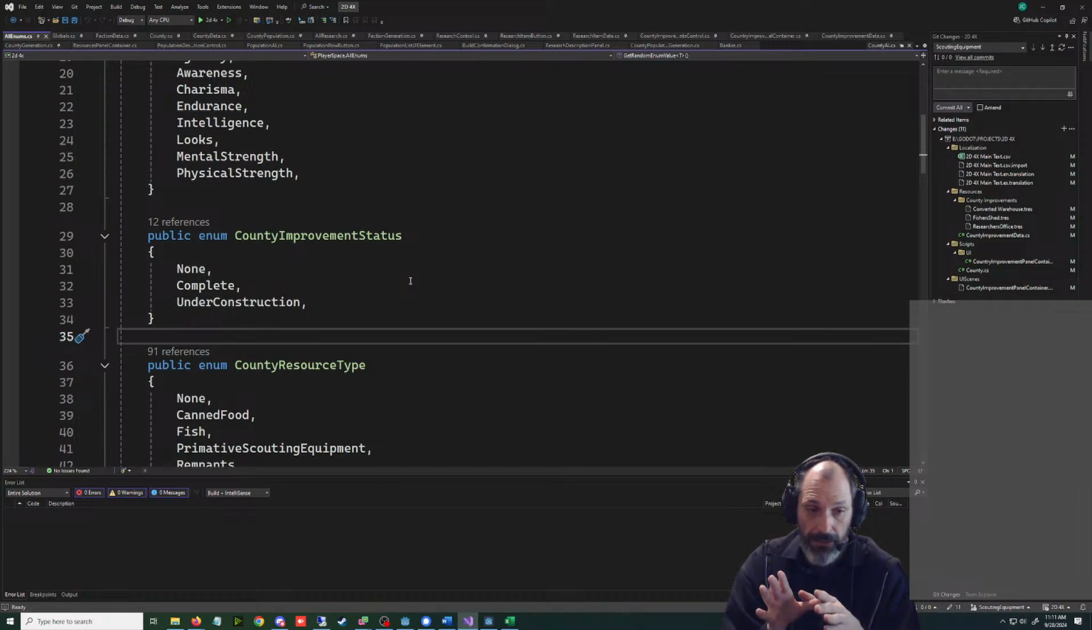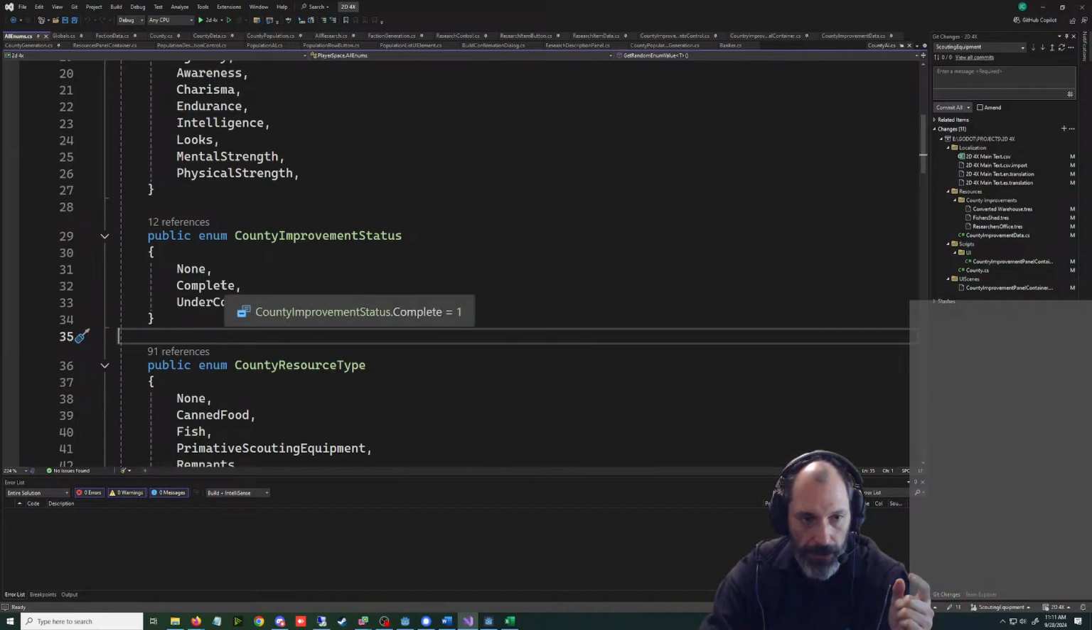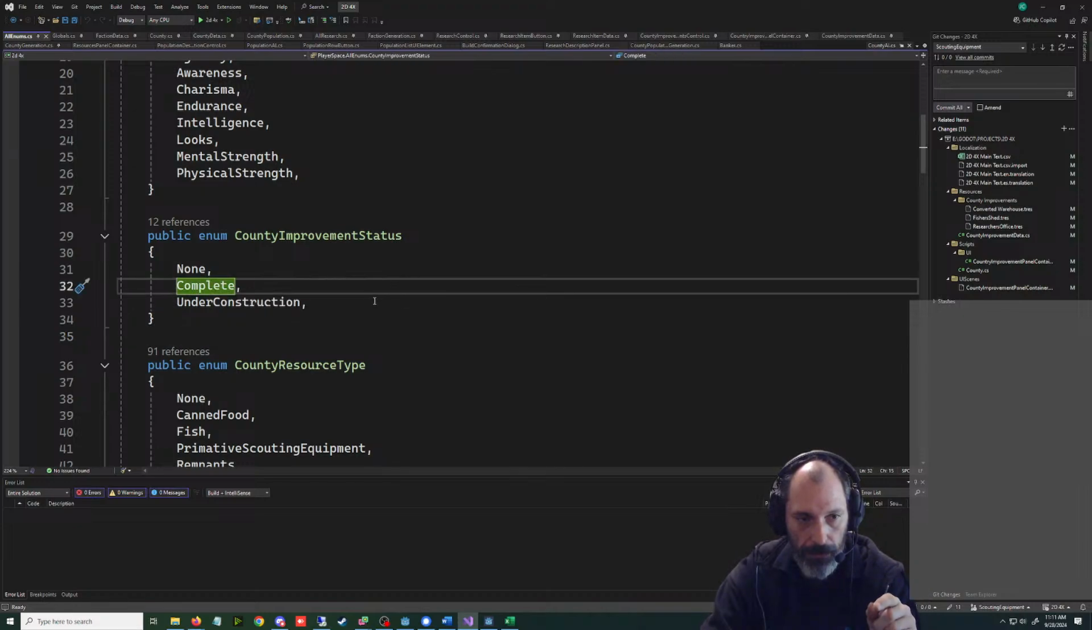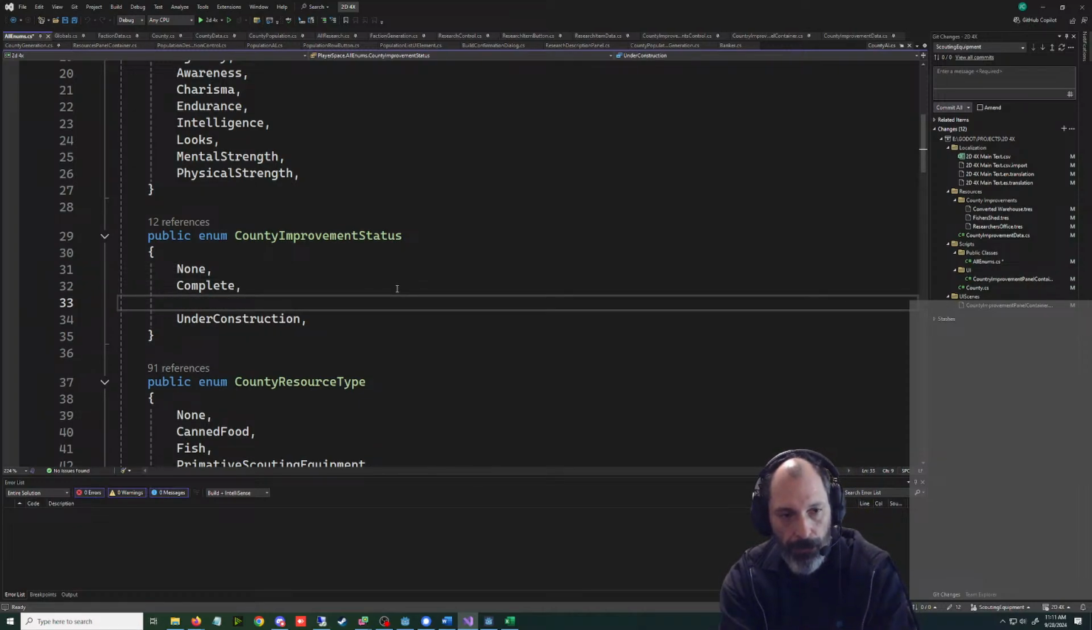Because it is a status. I think this is the way we do it. I think we've come to a solution here. So complete, we would change to construction complete. Then we would have another one that would be like under production, and then we would have another one. We could leave it complete like that, but we would have another one that would be